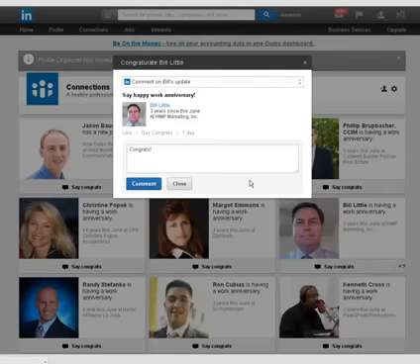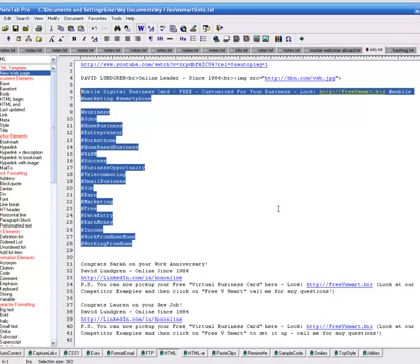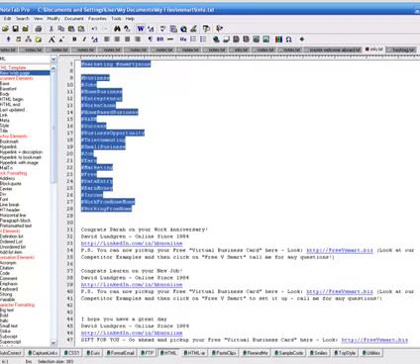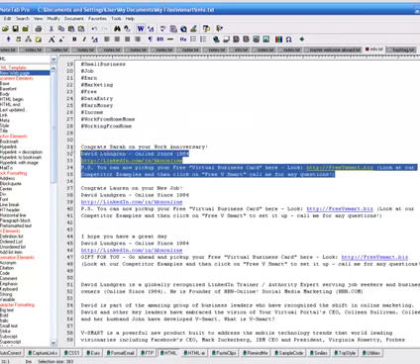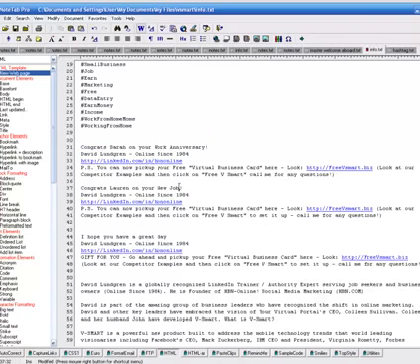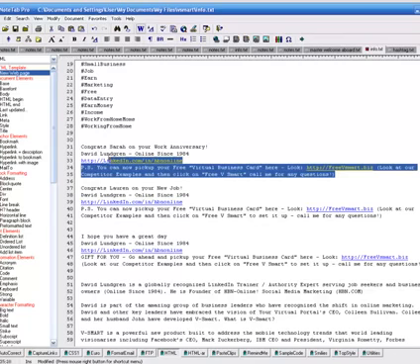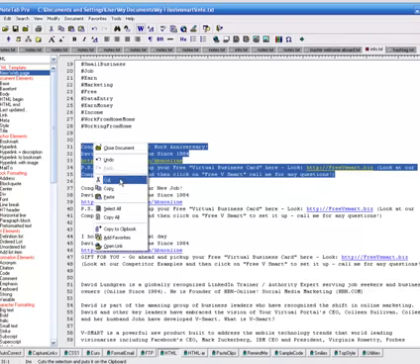And what we're going to do is we're going to say congrats. Now look what it does. It just says congrats. So I already have a copy and paste, so let me go over to my text editor, and I'm going to click on here, and we've already done the beginning. So we're going to go, and he has a work anniversary. So you can see I've got it all laid out. Right here is the work anniversary. One is the new job, and one is have a great day, kind of a generic catch-all.